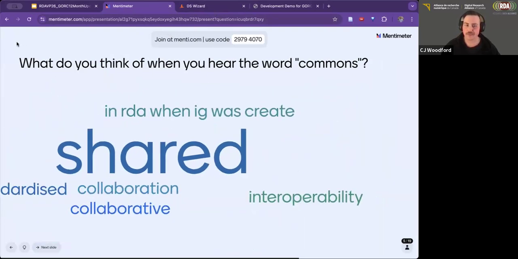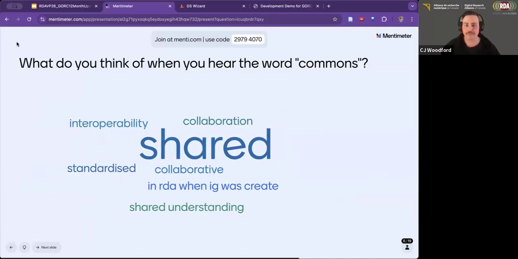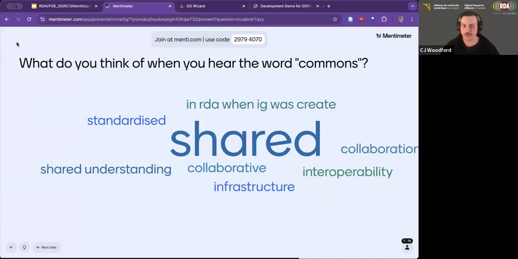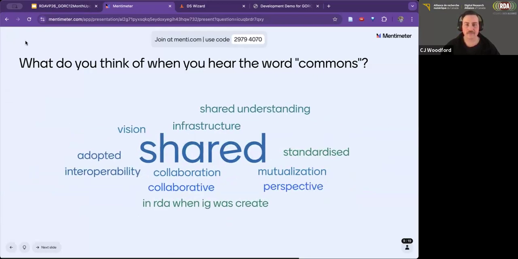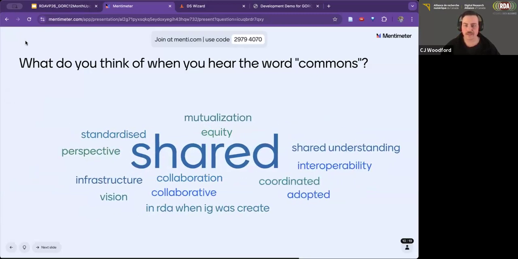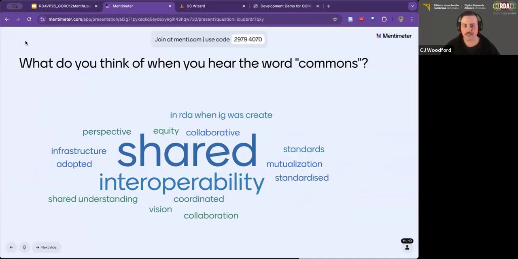All right, shared has gotten a couple, collaboration, referring back to interest groups within RDA. All right, infrastructure, vision. Oh, so these are really interesting.